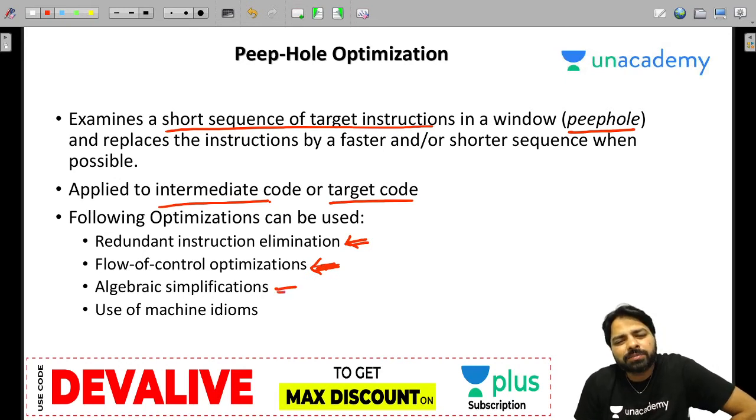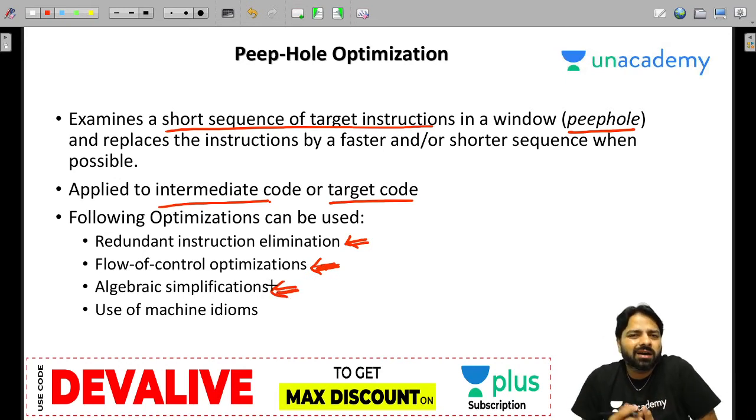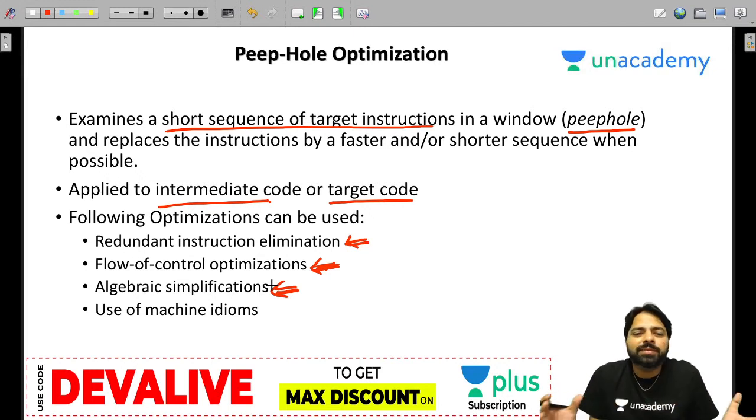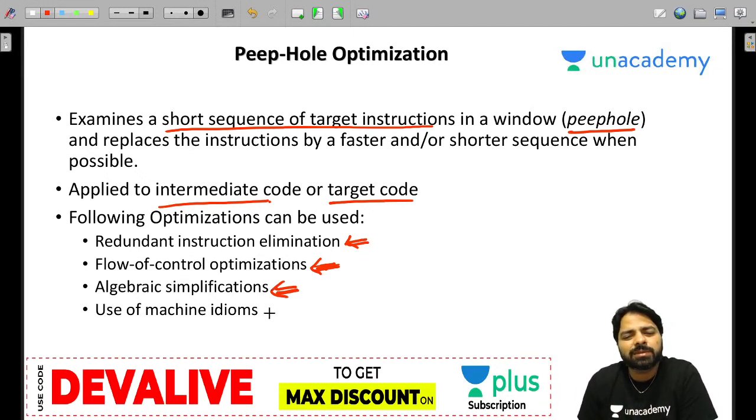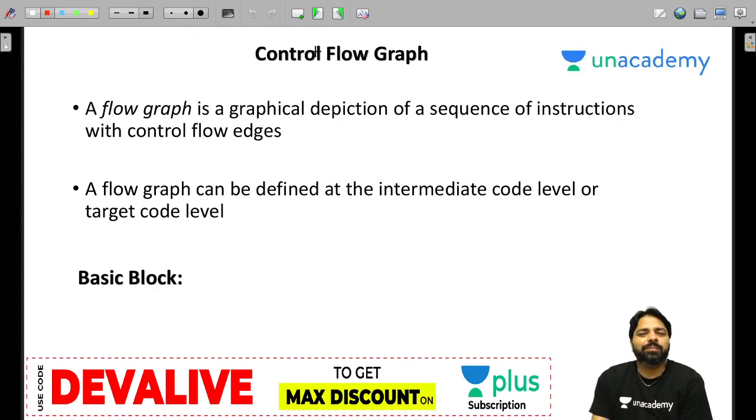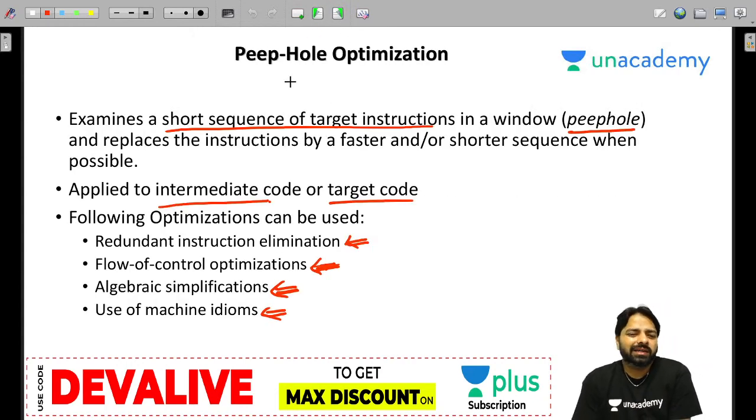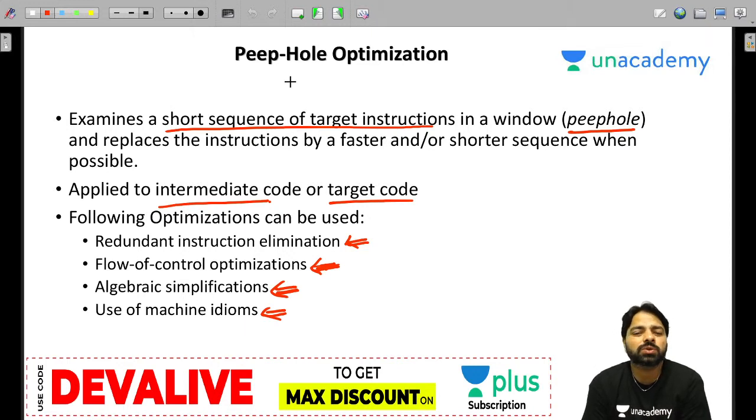And algebraic simplification: you have seen identities. You can apply them in the code itself, like add a, 0. No need to do that because a plus 0 is always a. You can do simplification, right? Similarly, use of machine idioms. In case you want to know what these are, you can search on Google and apply. I don't think they may ask about it, but still you need to know each and everything here.